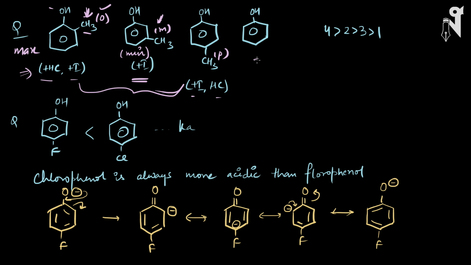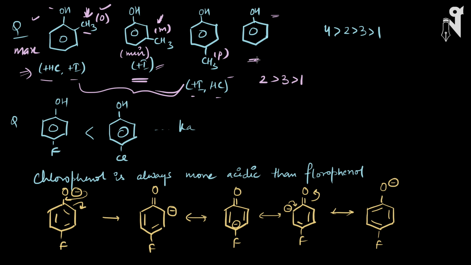By the way, I'm not talking about the phenol right now. So this meta will be minimum among these three, because there is an electron donating group but showing only the inductive effect. And here is your +I with hyperconjugation on the para position, so it has an electron donating effect with hyperconjugation as well as inductive. Inductive is very lenient here because it is very far, but hyperconjugation will be working well over here. So if I arrange first, second and third, the most acidic among these three will be the second one, then your third one, then your first one.